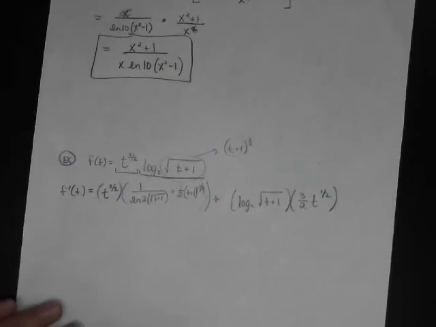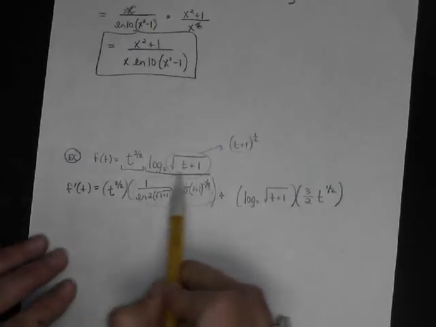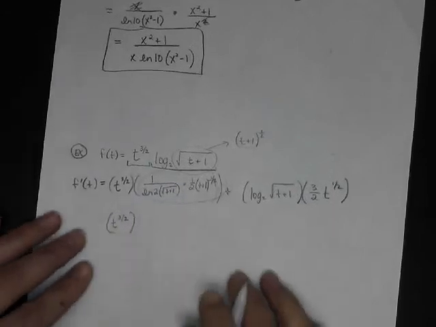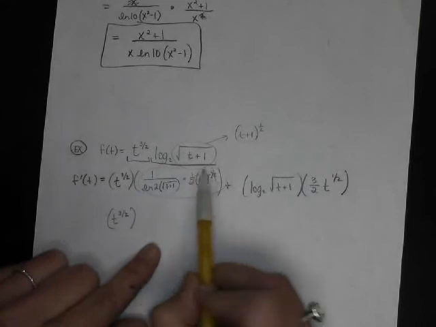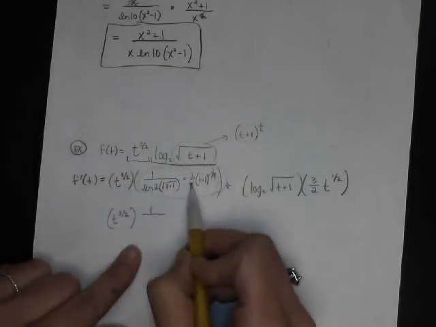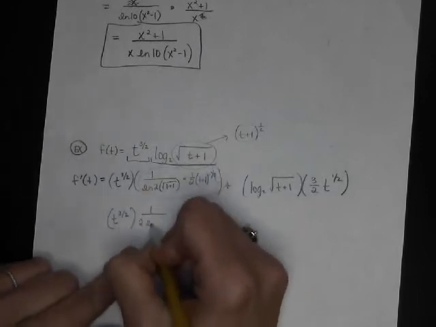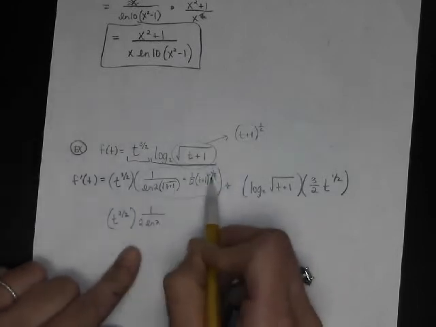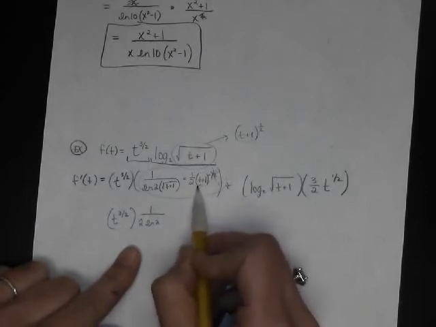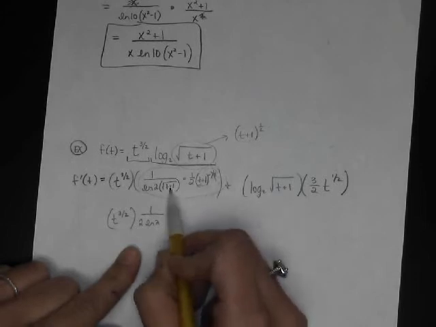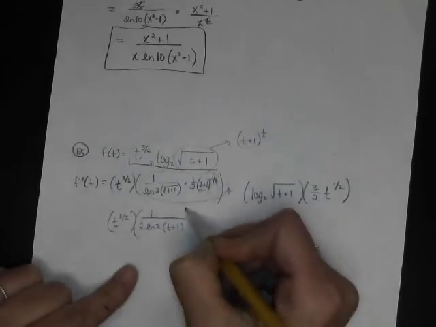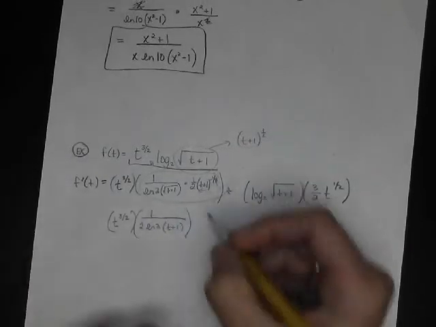I'll open up my parentheses. So if I'm cleaning up in here first, leave my t to the 3/2 alone. Up top is just going to be a 1. In the bottom, I'm going to have 2 ln 2, and then a root t plus 1 times a root t plus 1, because this is moving down into the denominator as a root t plus 1, times the root t plus 1 that's already there. We're looking at just t plus 1, which is nice. Plus,